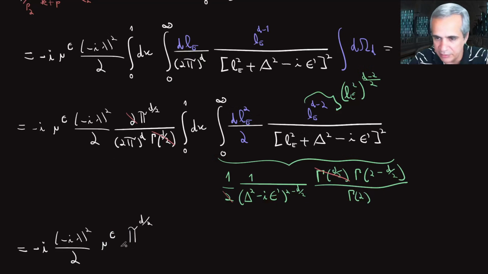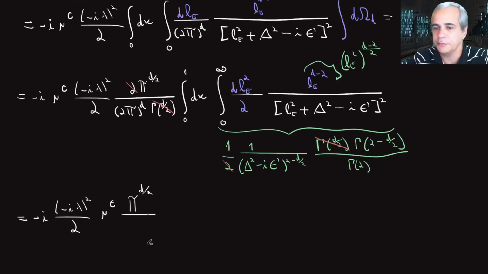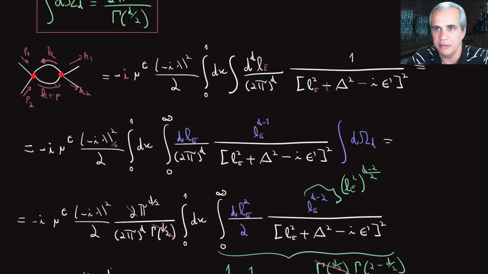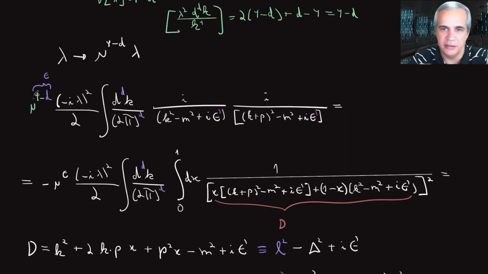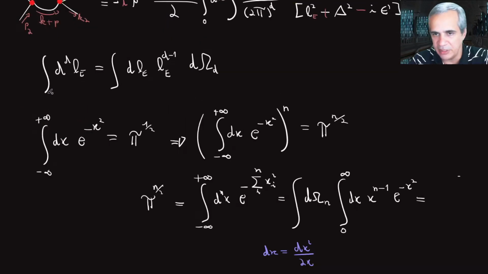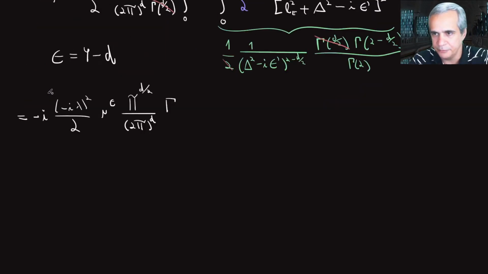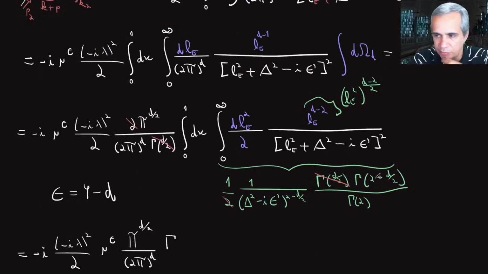I still have this 2 pi to the power d down here, right? Now there's this gamma that I can put out to the front, but I remember I defined epsilon as 4 minus d a long time ago. Let me see if I can find it. Here, epsilon is 4 minus d. I can use that definition of epsilon here too. So this gamma of 2 minus d over 2 is just epsilon over 2,